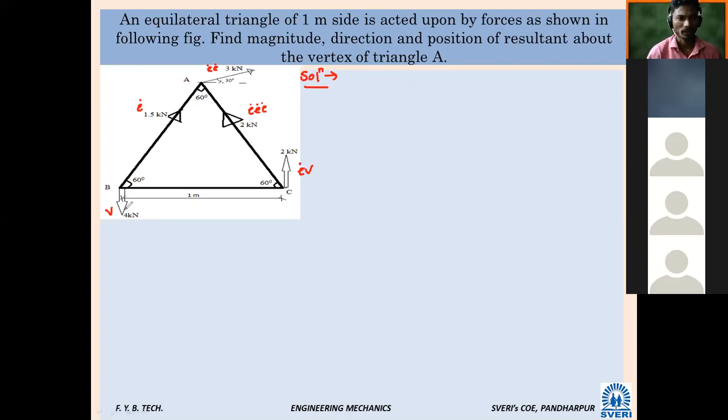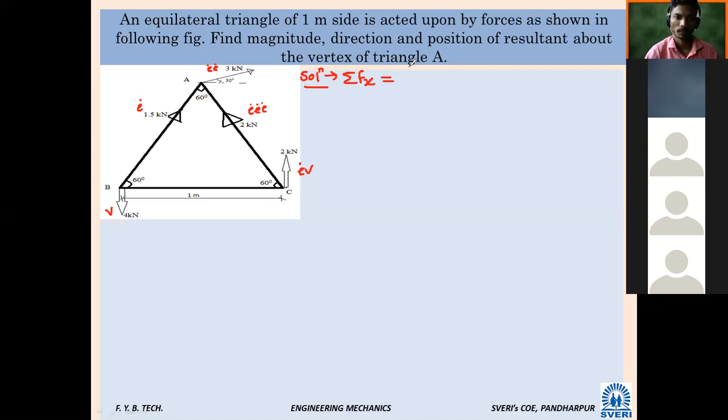So our regular method, nothing else. Whatever we have seen in methods of resolution, same is there, up to finding out the resultant and its direction. Procedure is same. All problems are falling under the same. So shall I start with summation Fx? Yes, sir. So first force, X component.